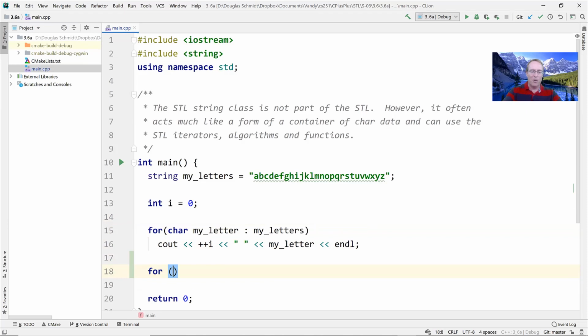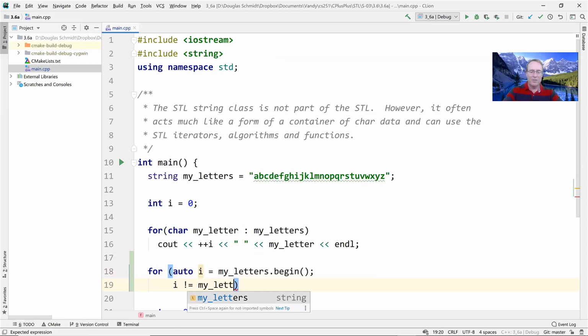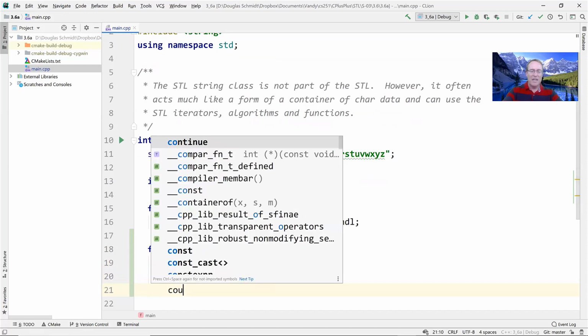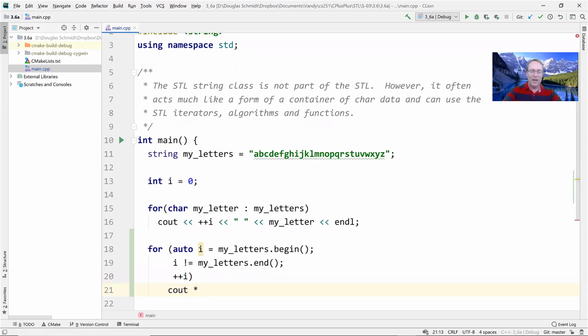We can say for auto I equal my letters dot begin, and then we can say I not equal to my letters dot end, and then we can say plus plus I, and then we can say cout star I